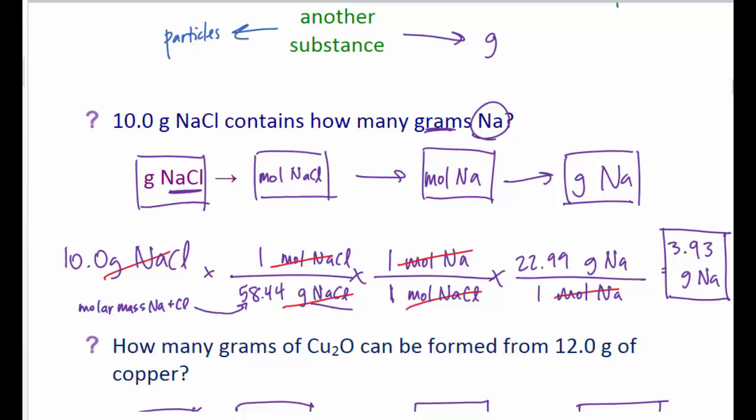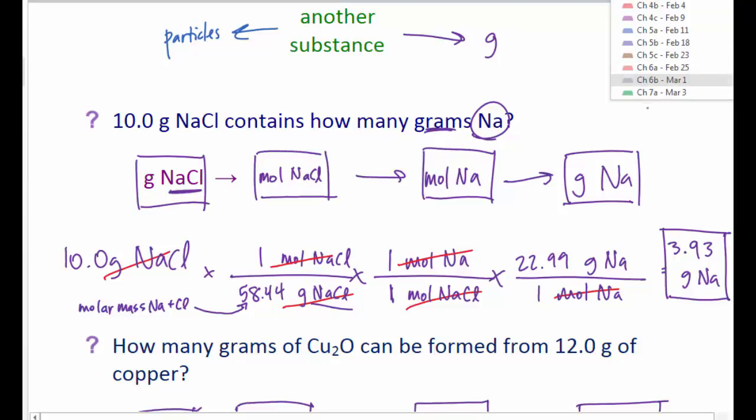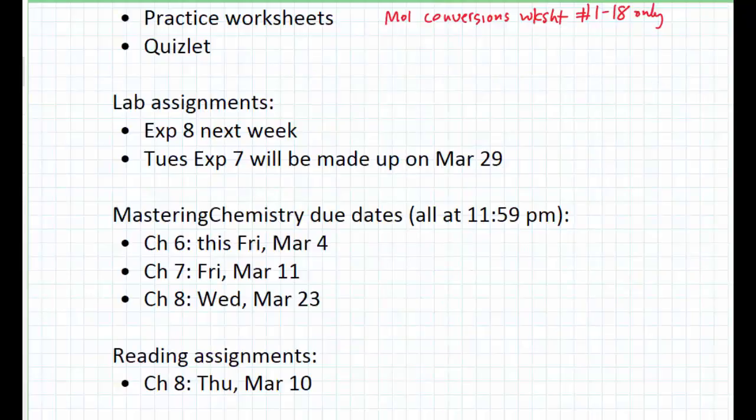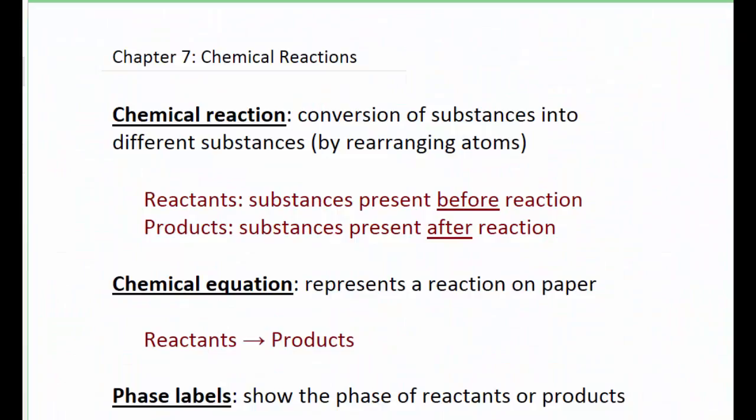So let's start chapter 7. 7 is about chemical reactions. It's a little pity that it's pretty much around halfway in the course before we really